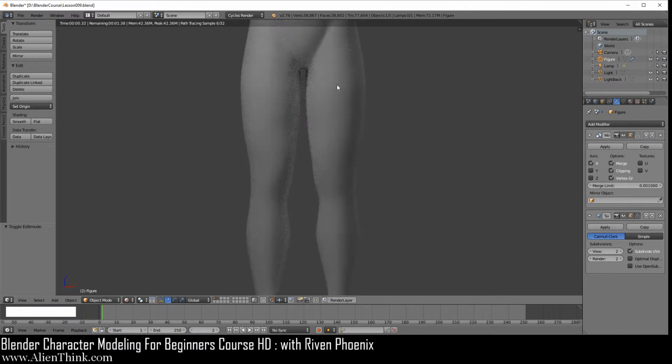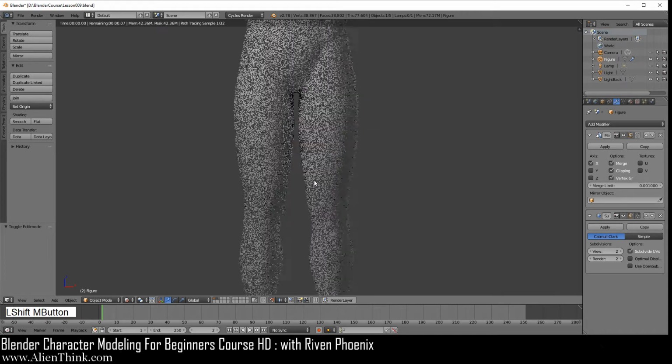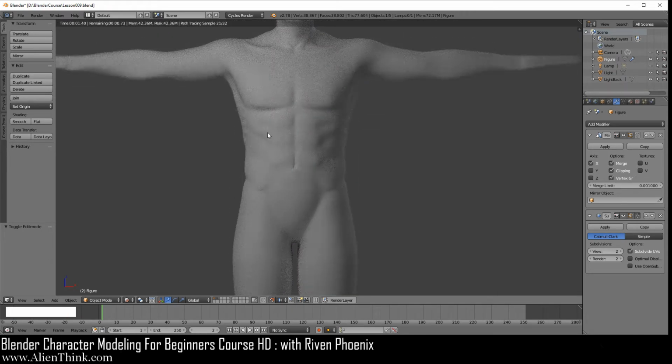What we want to do is now define the surface anatomy for the front of the legs, the side of the legs, and if I do control 1, the back of the legs. Okay, and we're going to be using the same technique that we use over here for the abs. So the first thing that we want to do is go ahead and make sure that the snapping is enabled and you're back on increment.